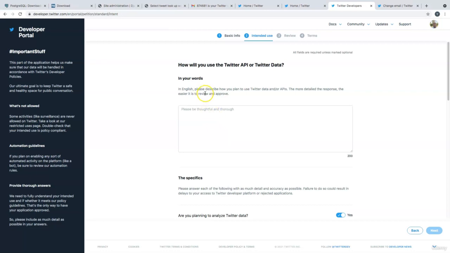Okay, so in English, please describe how you plan to use Twitter data and or APIs. The more detailed the response, the easier it is to review and approve. Okay, so I want to use Twitter API to check sentiments about travel destinations in different countries so that I can plan my trips,